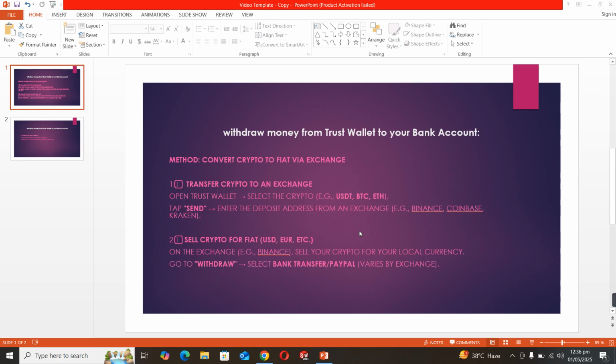Once you convert your cryptocurrency to USDT or Euro, then you can attach your bank account with your Binance, or you can sell them on P2P. Once you sell them on P2P or attach your card, then you can withdraw your money into your bank account. So this is the way how you will withdraw your money from your Trust Wallet to your bank account via